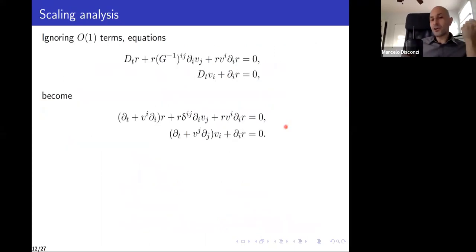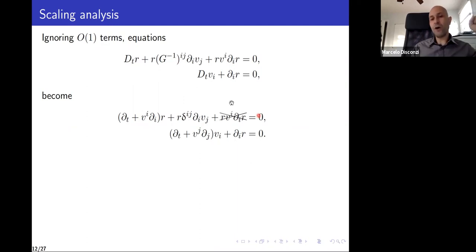And now that I have my function spaces, those are the function spaces we're going to use to treat the problem. One thing that we do in PDE, we do a scale analysis and try to identify if we have something like critical spaces. Now, to do the scale analysis, I'm going to start with my equations, and I'm going to ignore everything that's an order one term. So, for example, this G, which involves the Kronecker delta, but involves some v's, I'm going to throw the v's away. This material derivative involves v_i divided by v naught. I'm going to throw v naught away. So everything that's order 1, I'm going to throw it away for this scaling analysis.